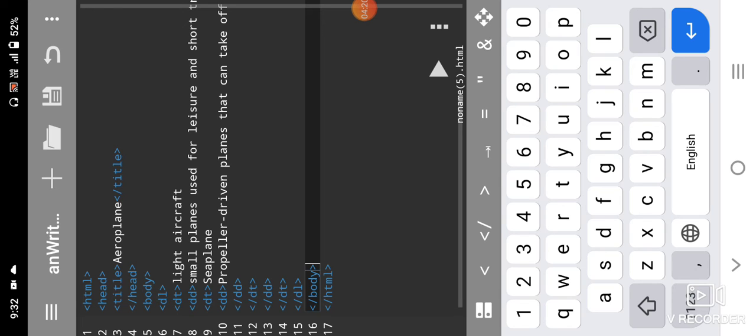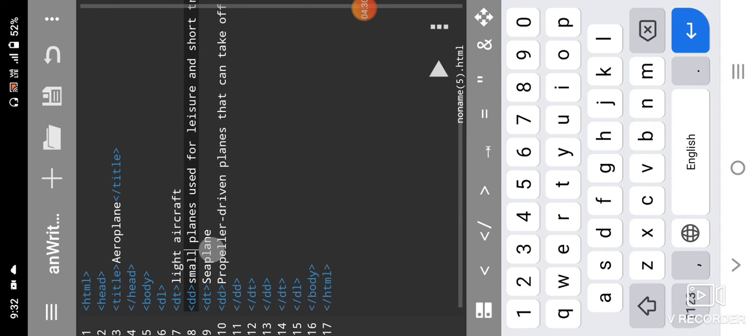So I have typed a program: the first line HTML, second line head, third line title, and then head, body, and then DL tag, DT tag. Here I have defined what a light aircraft is and the definition I have given, and what a seaplane is and its definition, and I have closed all the tags. Slash DD tag, if you have opened it, you have to close it. Whatever tags you have opened must be closed with a forward slash.